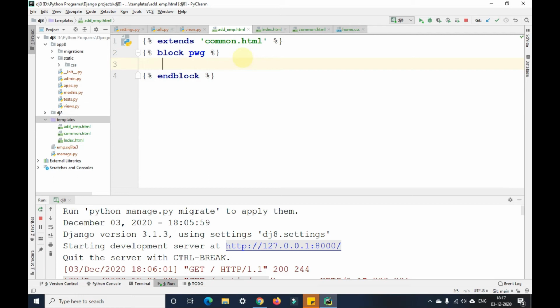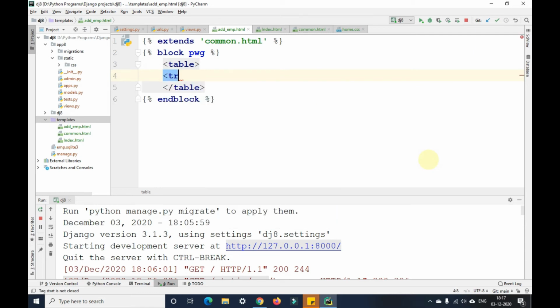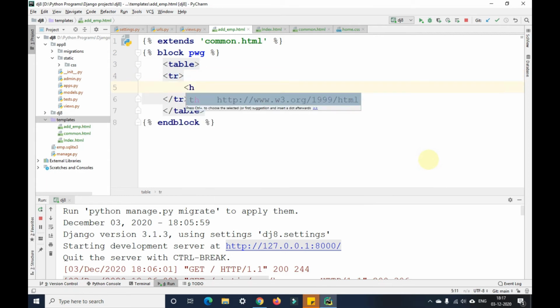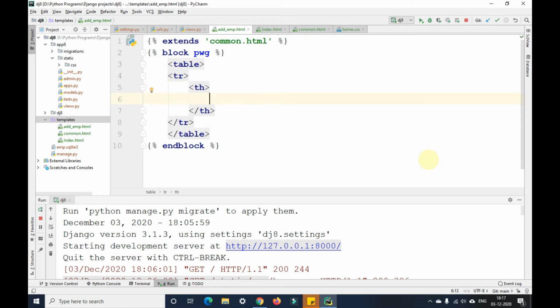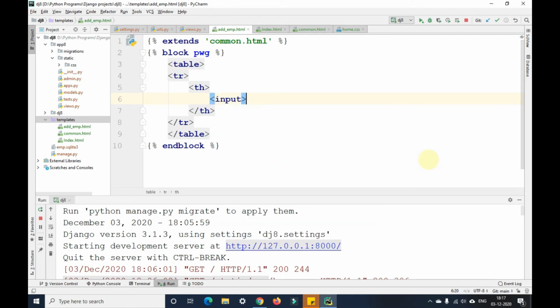and we have pulled the data in views.py and saved it. So in the same way, I'll create a form here as well. I'll open table tag here. TR tag here, table row tag. In this table row, table header. In this table header, I'll give the first input field, input,